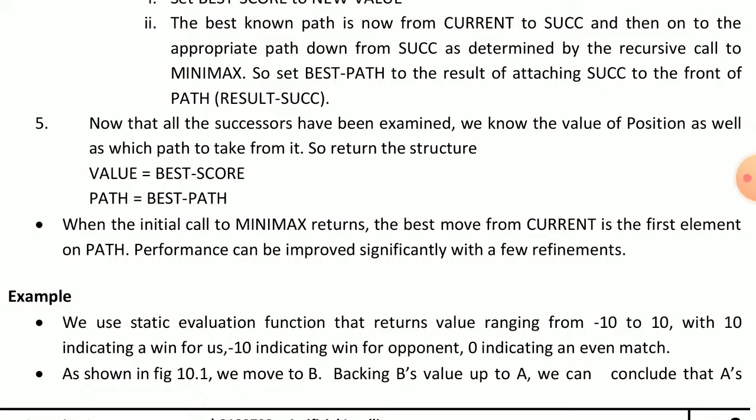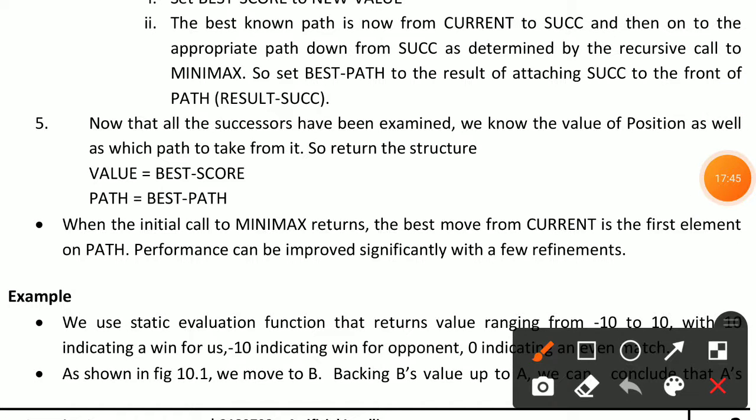Value is equal to best score and path is equal to best path. We can select the value as a best score and we can select the path as a best path. Okay, so these are the 5 steps of minimax algorithm.